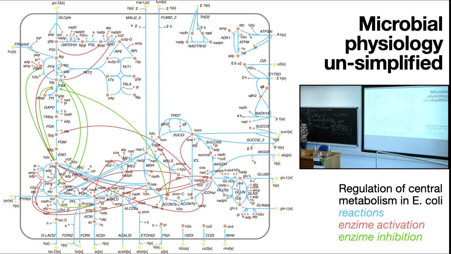So you have these reactions in blue, and then you have regulation. In red and green, you have activation and inhibition of an enzyme depending on the presence of some molecule, right? As I showed you, lactose inhibits the production of those enzymes,